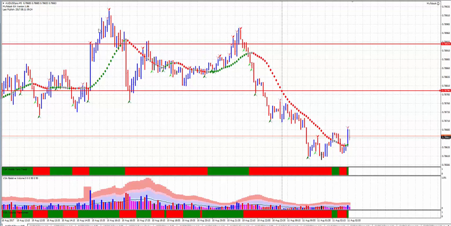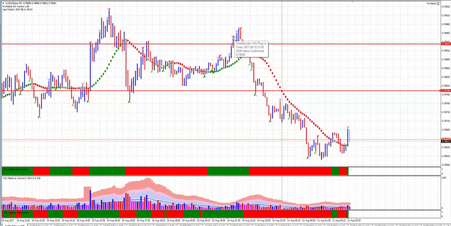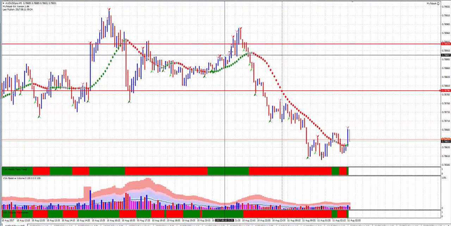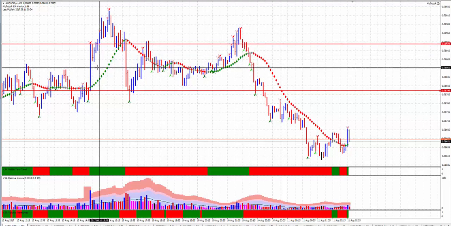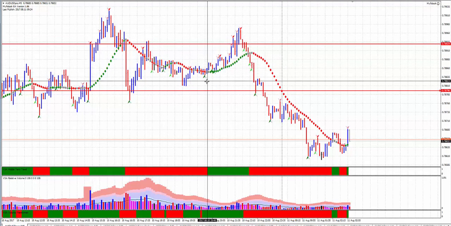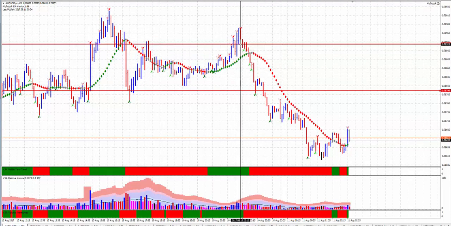Right? So if you have a look here, folks, right, we've got ultra high volume here as price went up. It came back down, hung around this ultra high volume area, and then we had another push up, and the volume is not as high as it was back here. Okay, so once again, that is weakness, right?